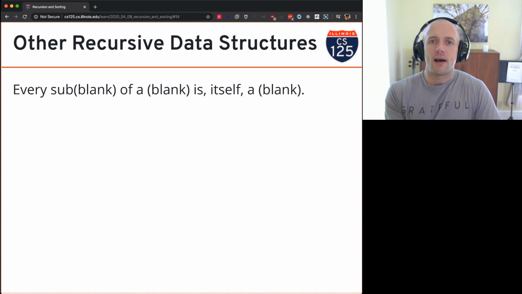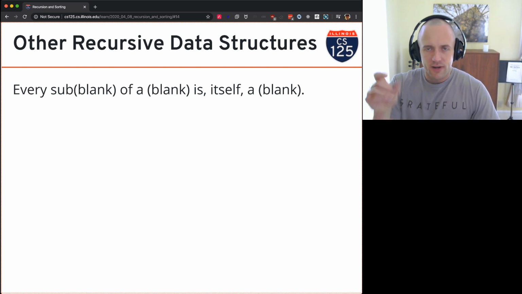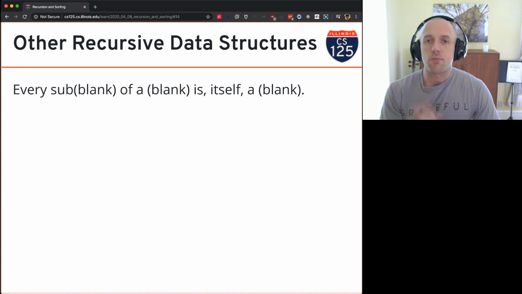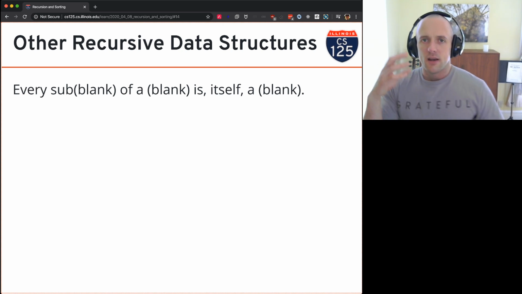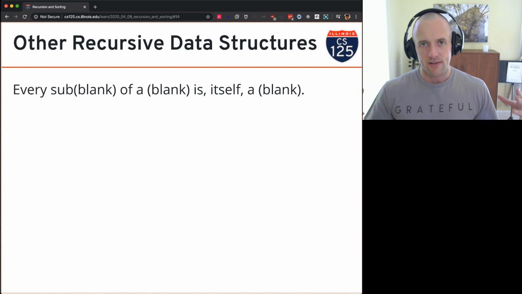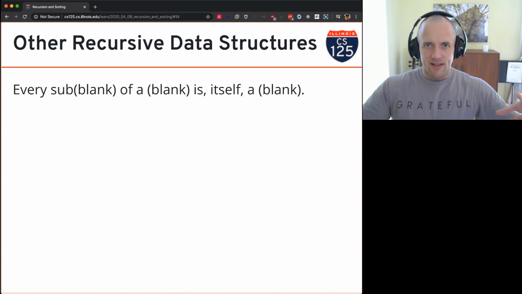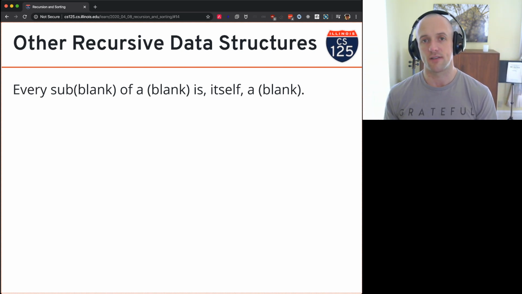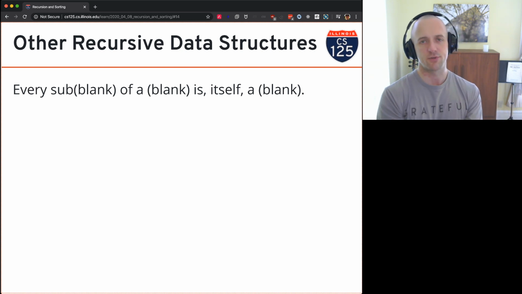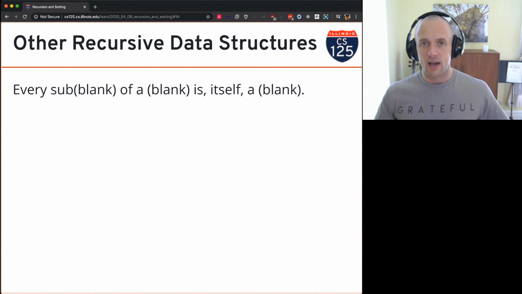And it can be particularly applied on data structures, where each part of the data structure is also an instance of that data structure. We exploited this when we looked at trees. If I take a tree, at any given node, the right subtree and the left subtree are also trees. And so the idea was I had this nice way of taking a problem using recursion and identifying this self-similarity with the tree data structure and saying, okay, well, if I don't know how to count all the nodes in the tree, what I'll do is I'll split the problem into counting the left subtree and the right subtree, and both of those are trees. And so I just restart my algorithm on those trees,